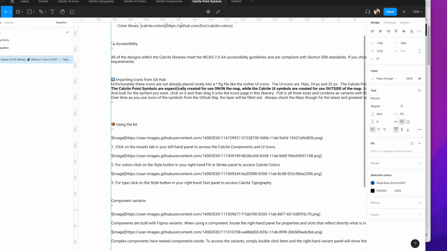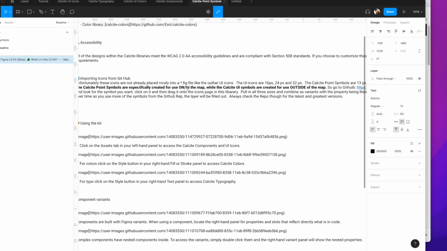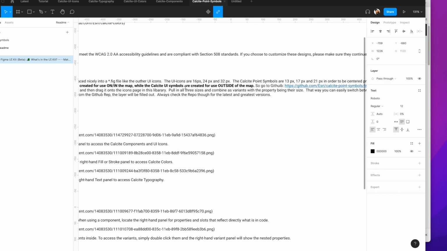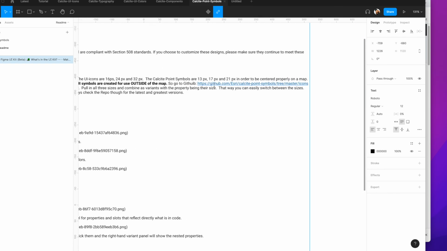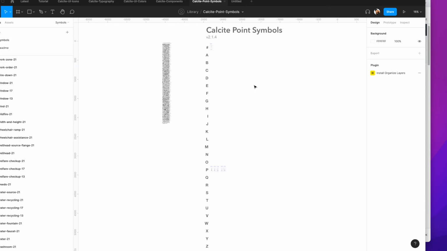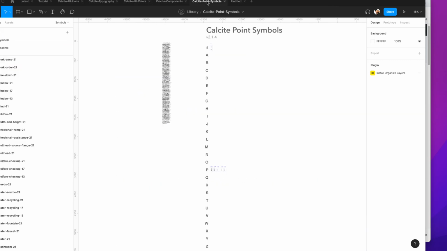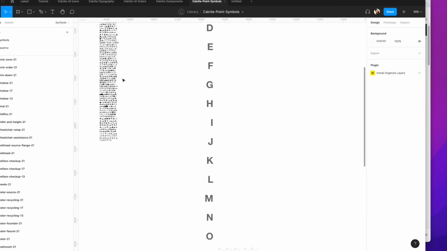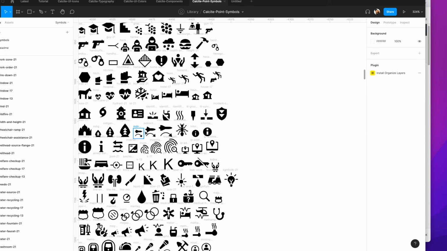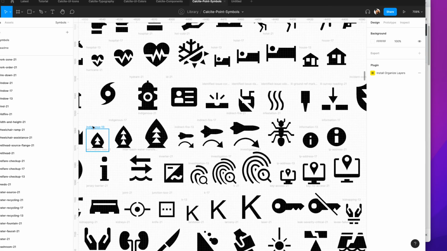I wrote this little readme, but I did not spell it correctly. They're specifically created for use in a map, while the Calcite UI icons are created for use outside the map. So I'll go back and fix my spelling there. So let's go back up to the symbols. What I started to do in my version was make it look like the icons one, copied that, and as I use these, I want to try to do the right thing and